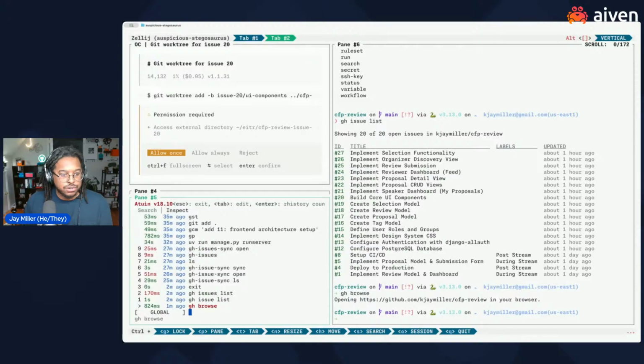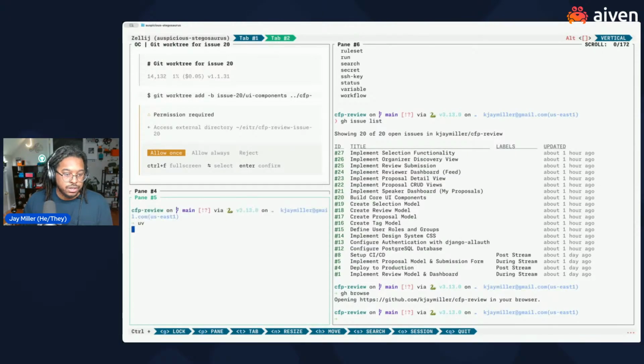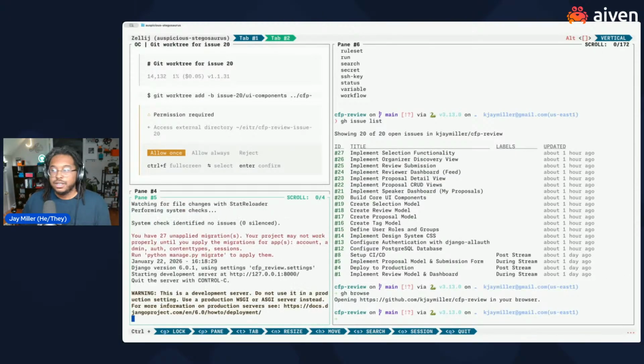If you go to our local template and we do uv run manage server, and then we come to our green room,